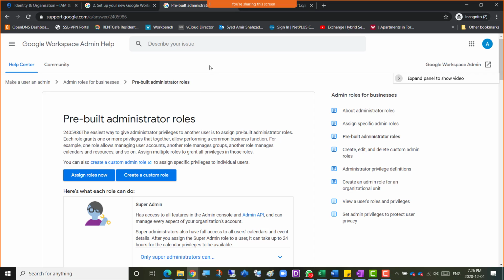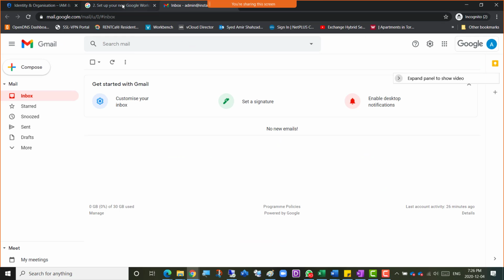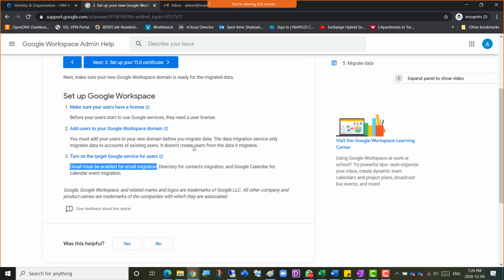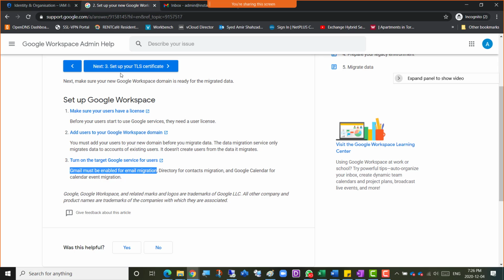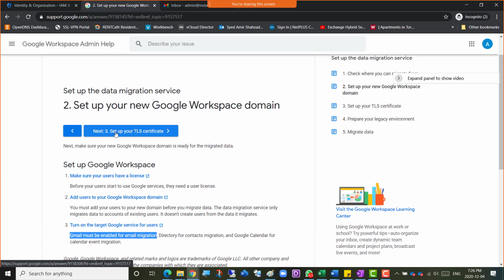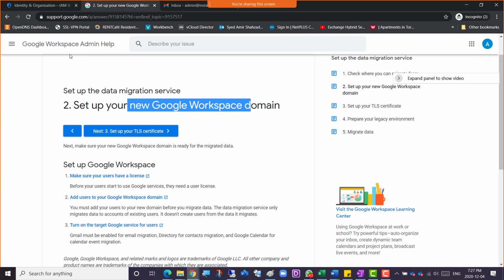Okay, so pre-built administrator roles, we had already talked about that, and yeah, this is what we have set up already. And next, step 3 is set up your TLS. So set up your new Google Workspace domain. This is already set up, admin.google.com. We're logged in. Now the next step is set up your TLS, or Transport